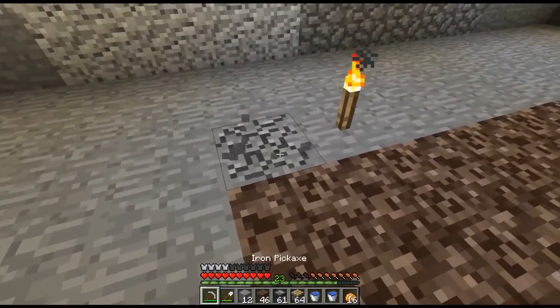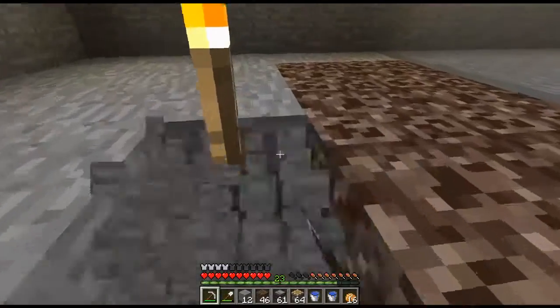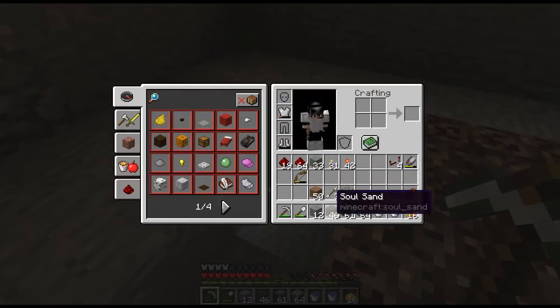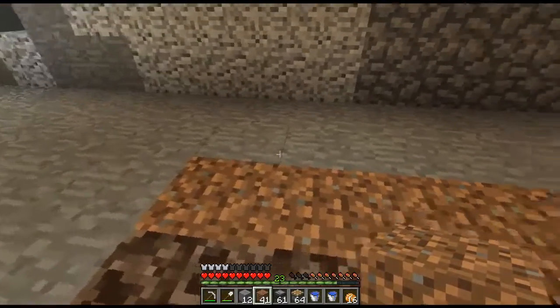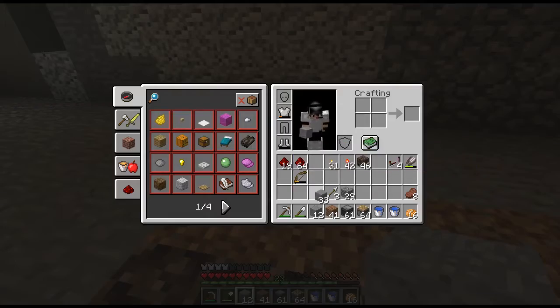And then right next to it, we're gonna have dirt, and there's the hole. So we're not gonna worry about that. This is where the kelp is going to be, on this level. And then